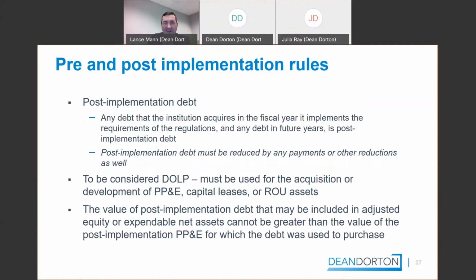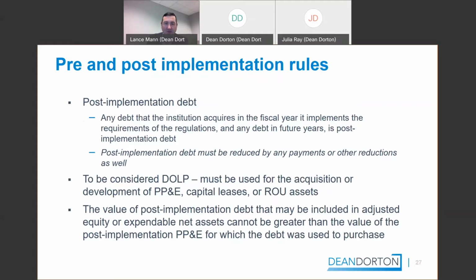Post-implementation debt is any debt that you acquire in the fiscal year that you implement it, which is your fiscal 2020, and any debt in future years. And post-implementation debt must be reduced by any payments or other reductions as well. To be considered debt obtained for long-term purposes, to be added back in the calculation, it must be for the acquisition or development of PP&E, capital leases, or right-of-use assets.